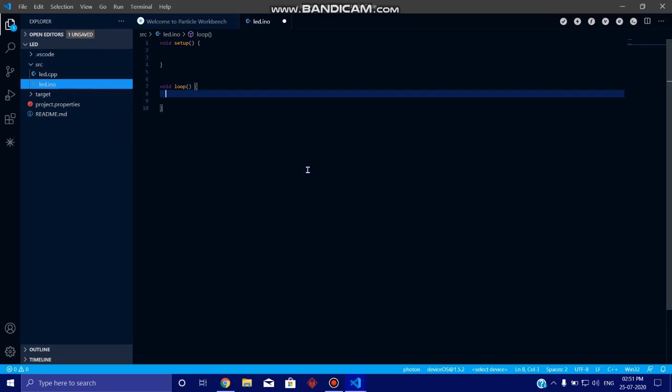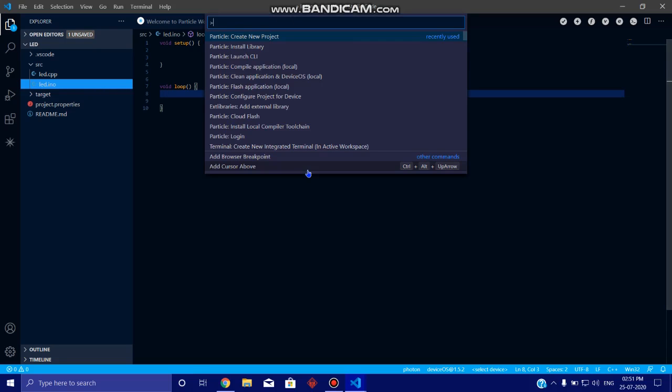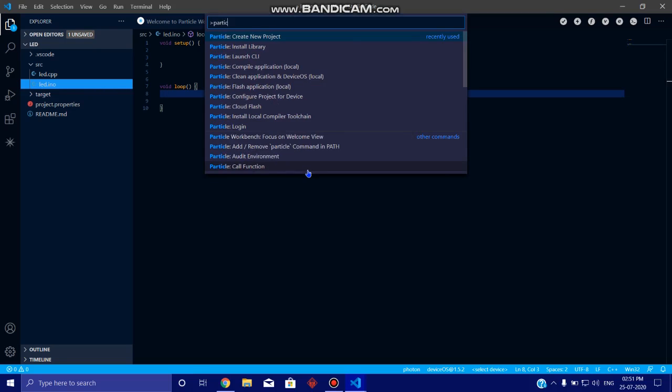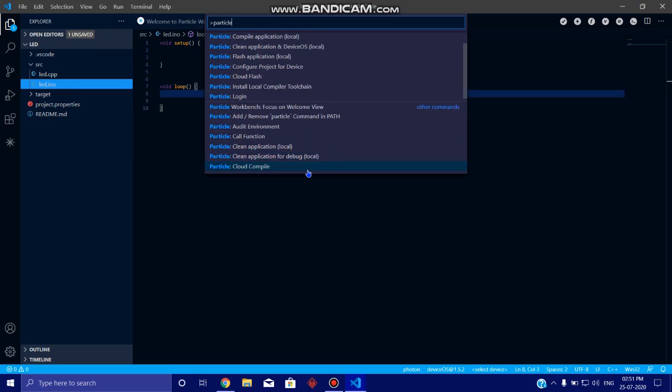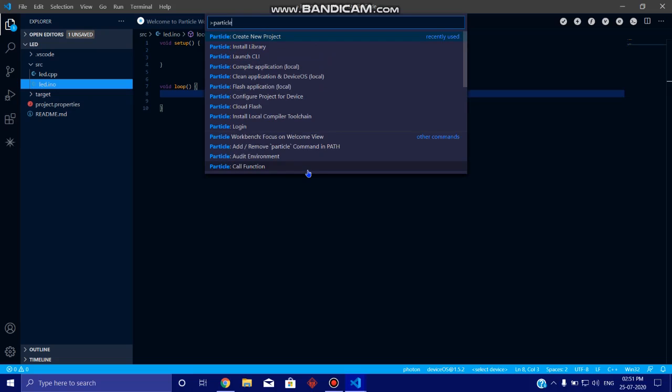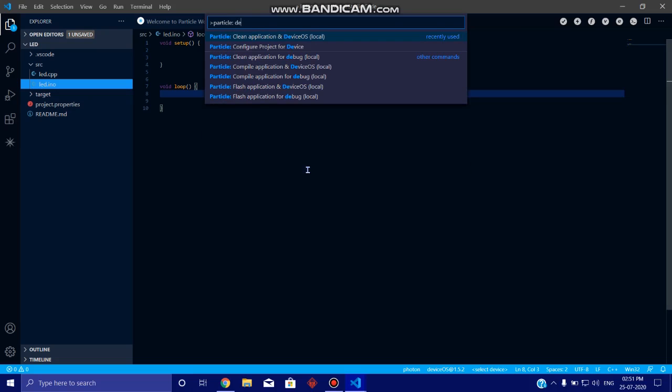So before starting we need to configure the device. For that we will push Control Shift and P and go for Particle and search for configure project for device.